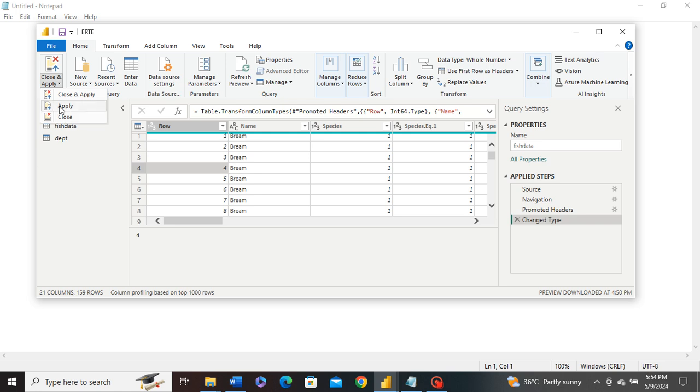Apply. Apply means that the changes made in the Power Query editor are applied to the data model in Power BI. This includes all the steps of data transformation, such as filtering, renaming columns, creating custom columns, merging queries, etc. Essentially, it takes the data as it's transformed in the Power Query editor and loads it into the Power BI